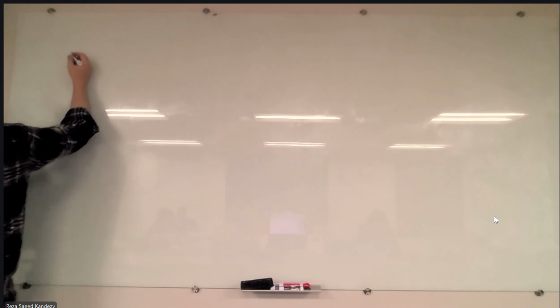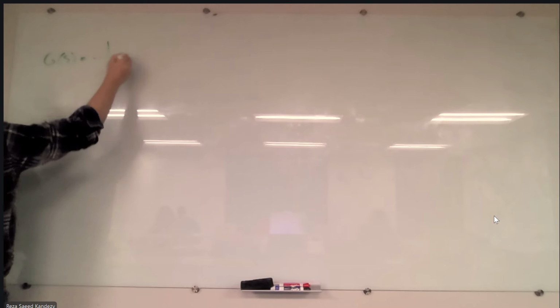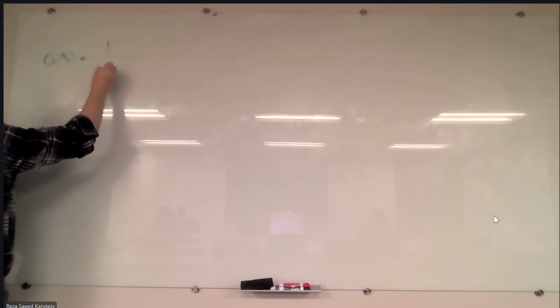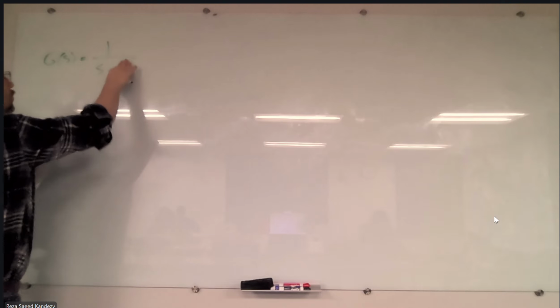Now, we are gonna start with the Bode plot example. The transfer function that I want to have for the Bode plot is 1 over s plus 2. Oh, sorry, 2s plus 1. Okay, now,